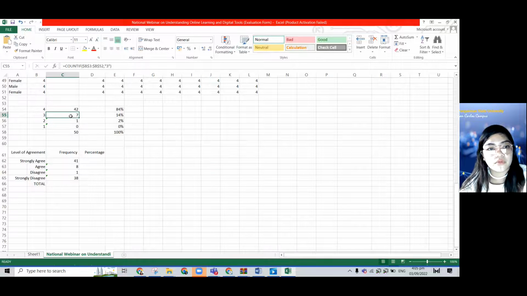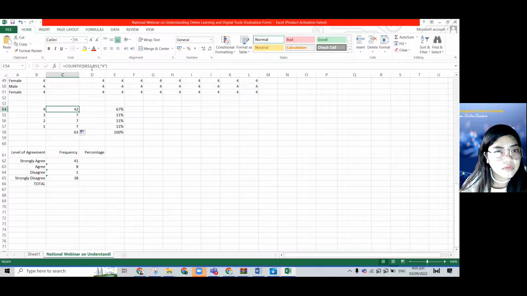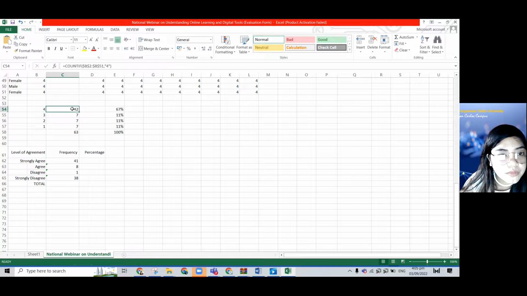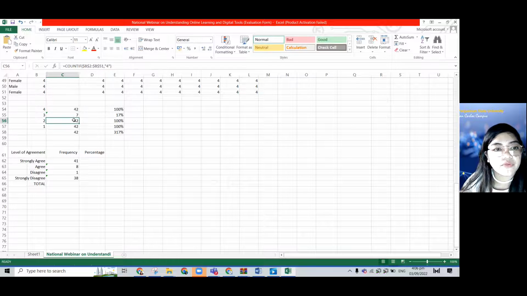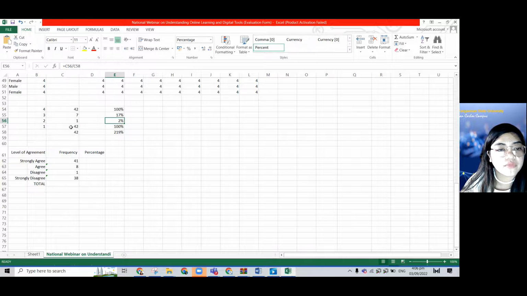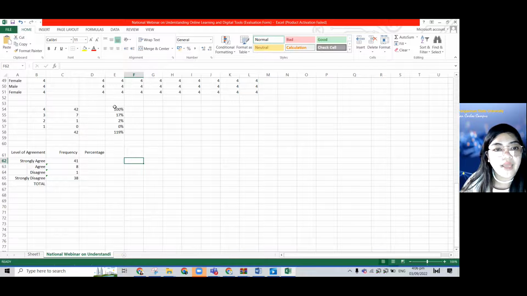Okay, so wait lang po. Ayan. I hope, ayan. From B2 to B51, 4. Let's try to copy that formula here. Gawin natin tong 3. 4, and then this one. Tingnan po natin kung mag-change ang result. 2, and then 1. Ayan. So, we have here,